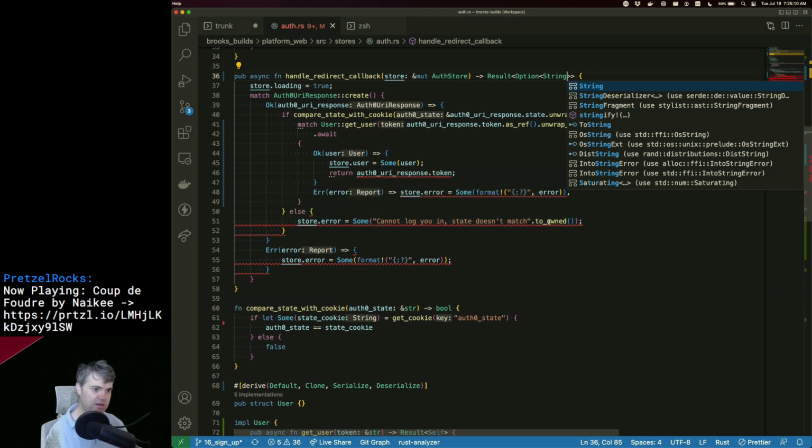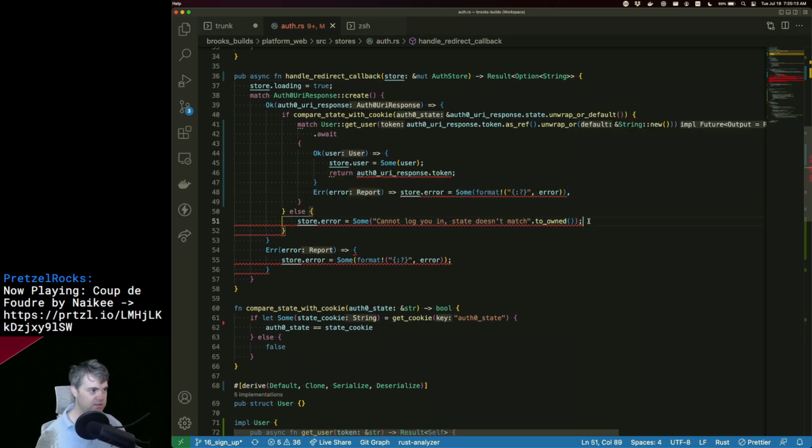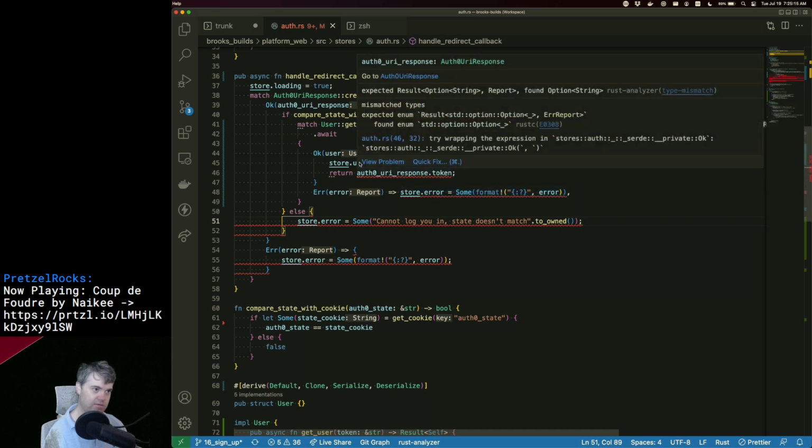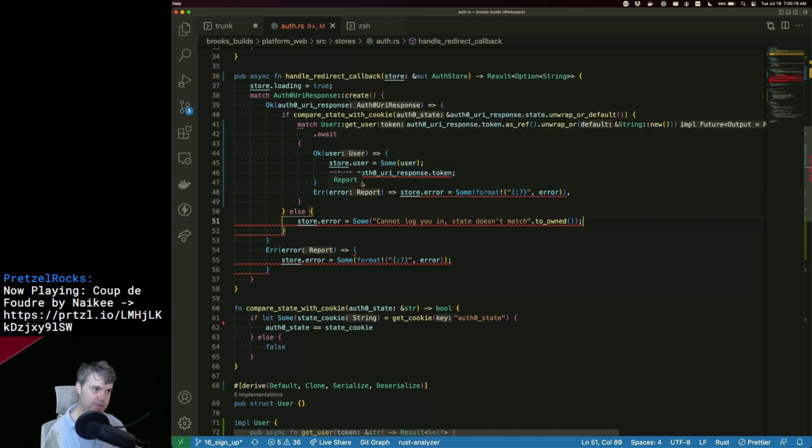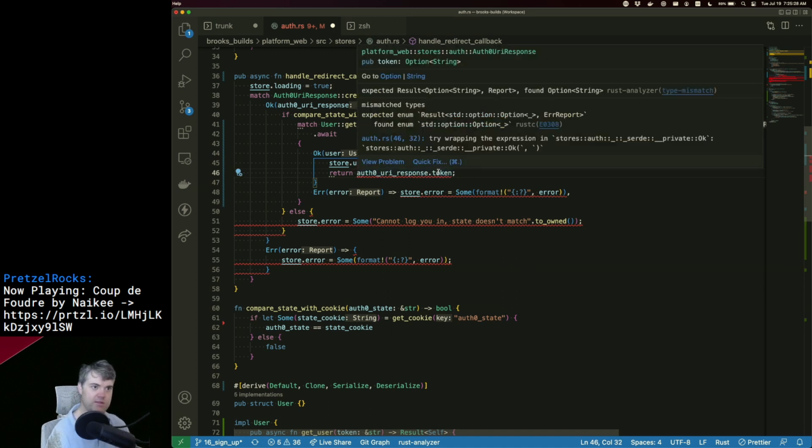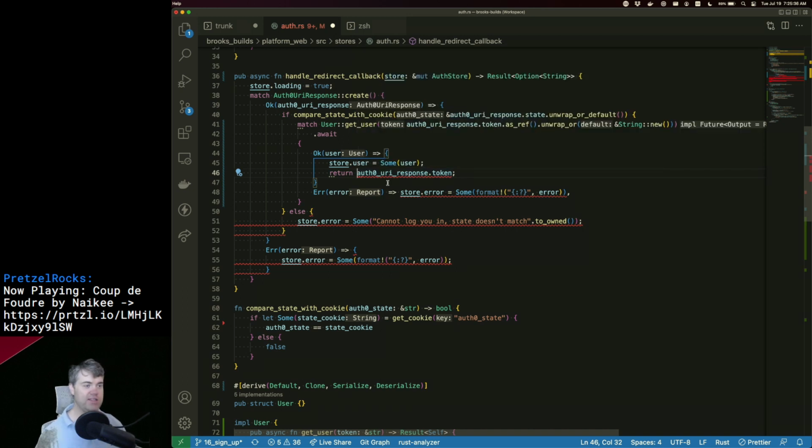Okay, so store that error. So I need to be a some. Wait, aren't you already an option? Expected result, option string, report, found option string. Oh, right. This needs to be an okay. Like that. The rest of these, I want to bail, so it's an error.